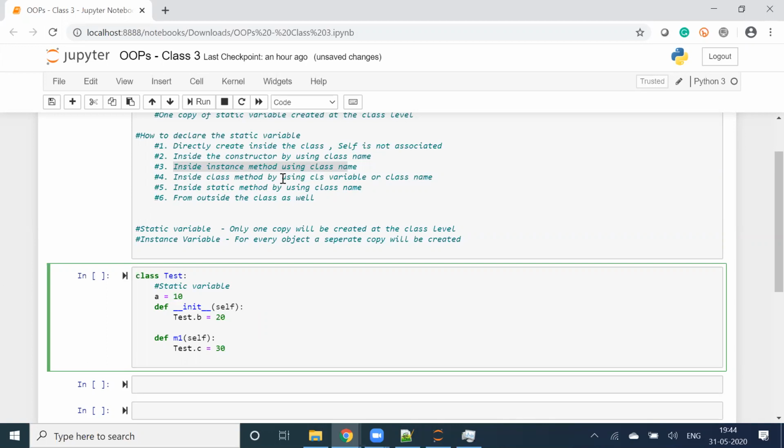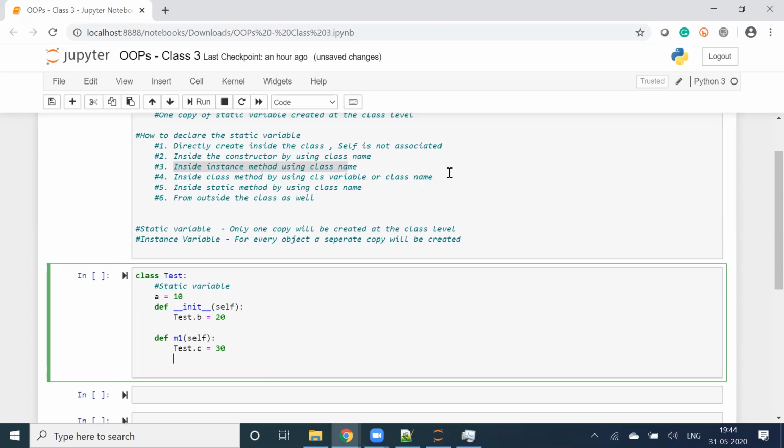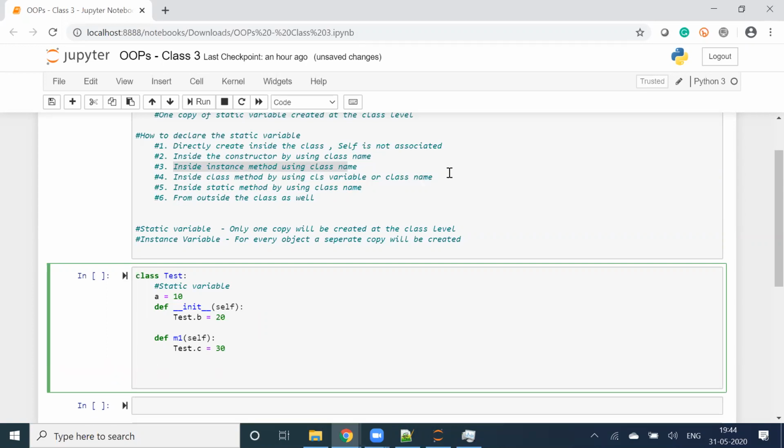What is the fourth option? Inside a class method by using cls variable or class name. Now, how will I define the class method? We had a discussion about decorators in one of the classes.